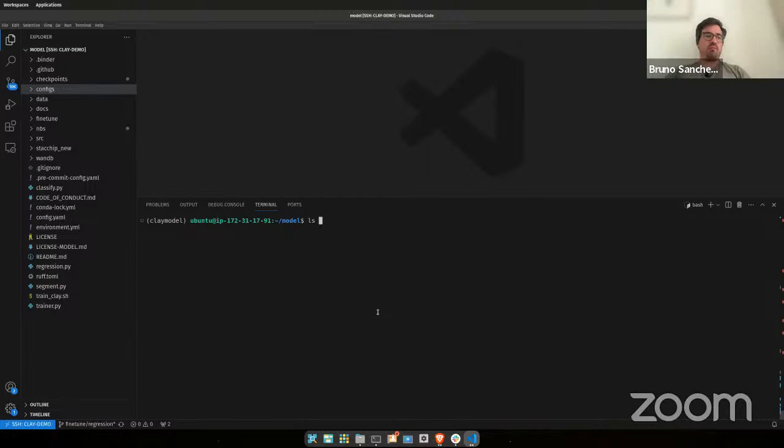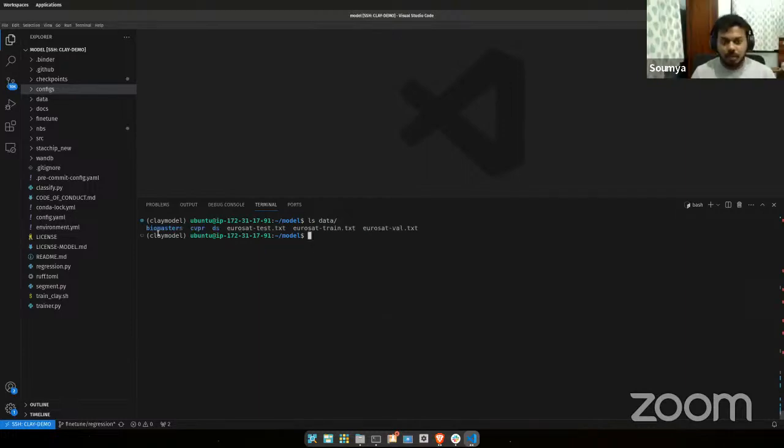Perfect. Let's see. We have a data repo. Now you see it has biomasters. This is a regression challenge hosted on DrivenData. CVPR has the segmentation data, and DS has the EuroSAT data. So let's look at CVPR first. So CVPR, that has